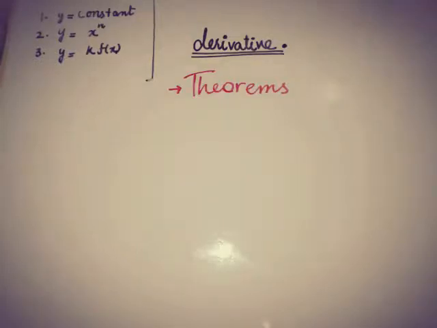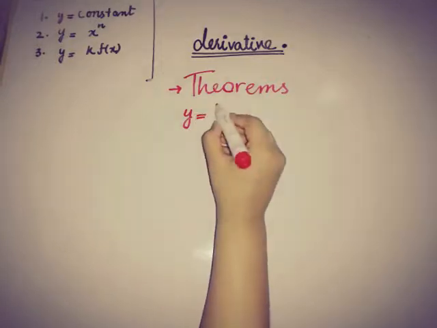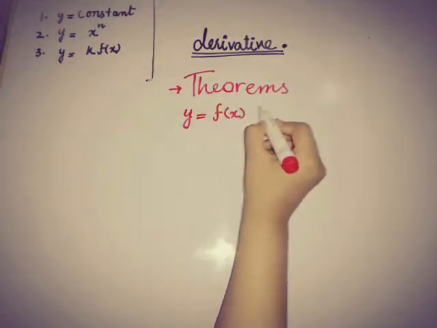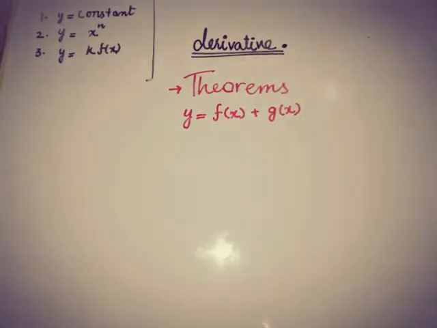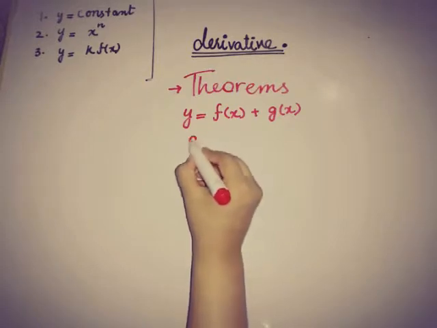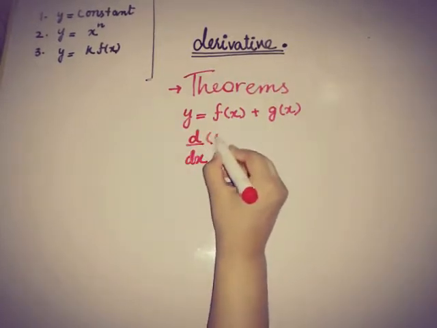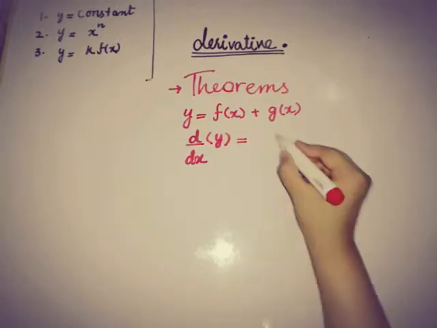So the next and the fourth theorem that we have to talk about is the sum or difference theorem. If the function is of the type where there are two functions, f of x and g of x, having a relation of summation or addition with each other, how do we find the derivative of such functions? By the theorem, the rate of change of such functions with respect to x is equal to